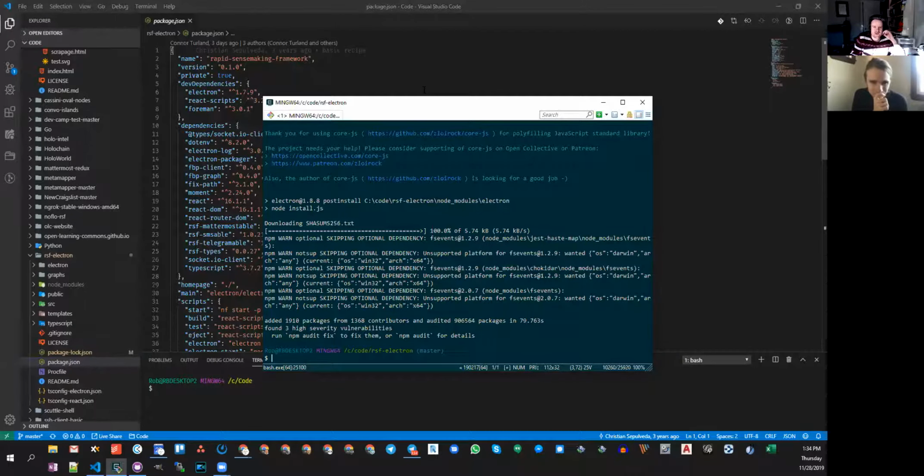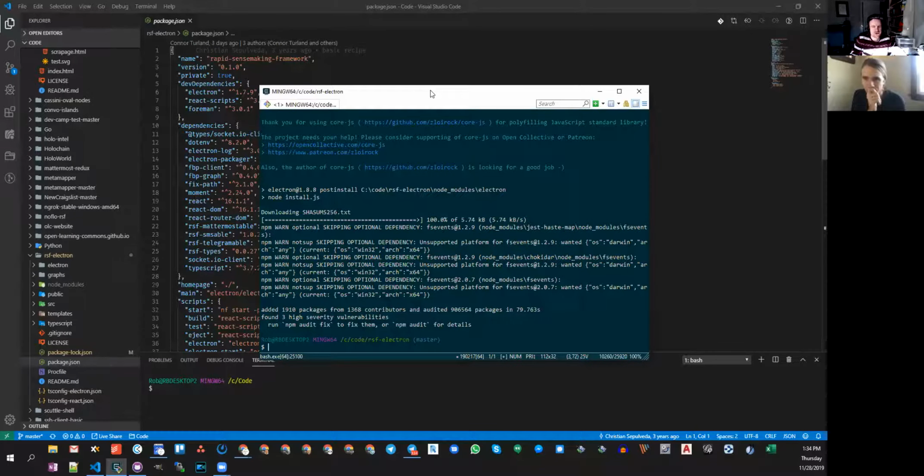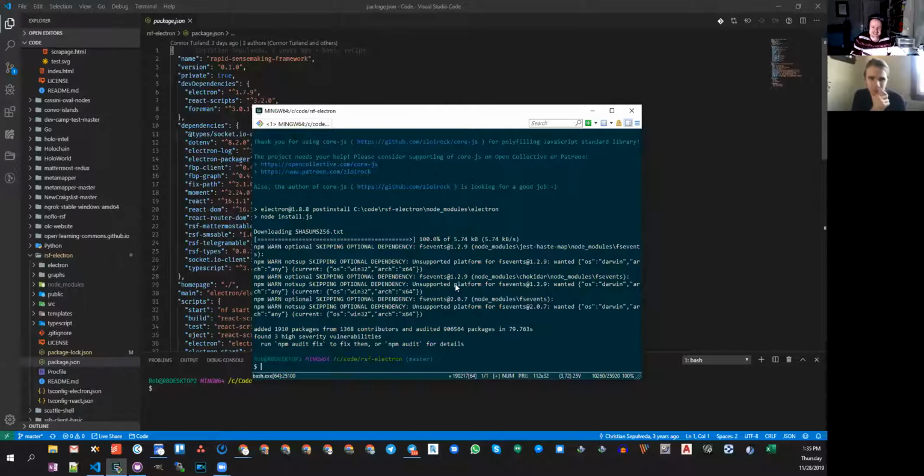That's what always throws me off with terminal stuff, where it's so much to read. How much do I actually need to read this? Pretty much you'll know if something went fundamentally wrong. You see an error somewhere or some red colored text. A lot of times if you don't see that, just carry on.